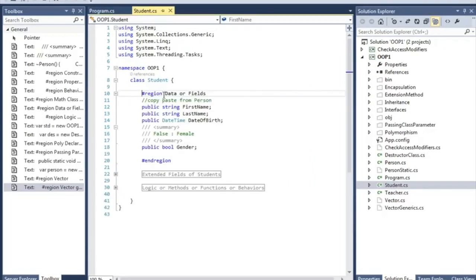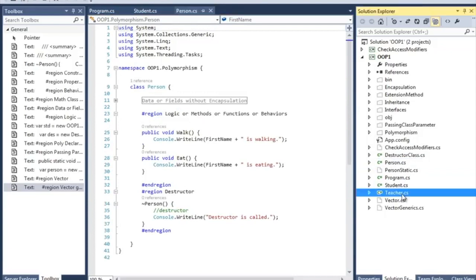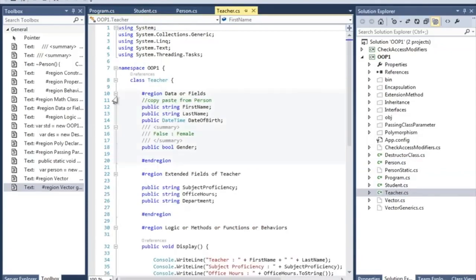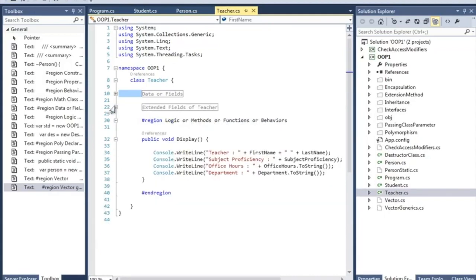The data fields I copied from the person class, because these are the same, and I put them in a data region. The extended properties like subject proficiency, office hours, department, etc., I put in the extended region, so that I could differentiate those and see which are extra.